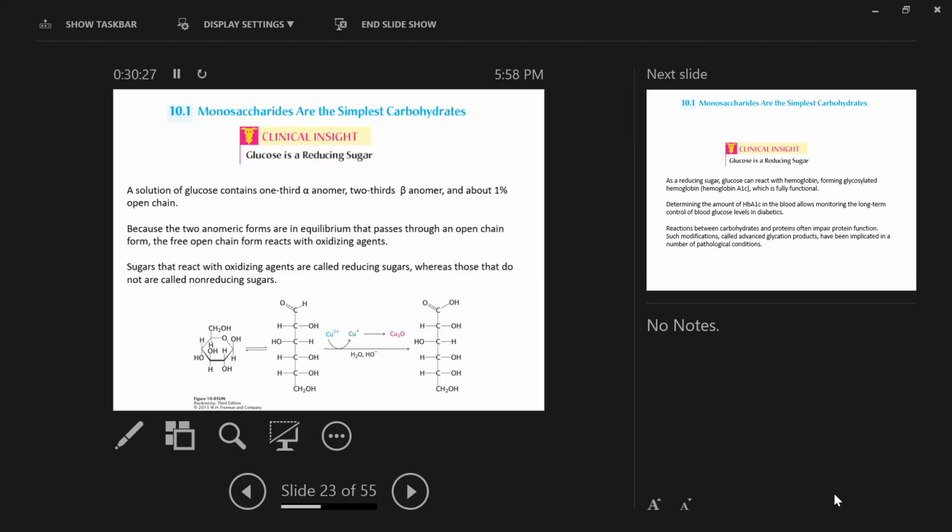All right, so now I'm going to explain what reducing and non-reducing sugars are. They're using a monosaccharide here as an example. Has anyone heard of the Benedict's test? Benedict's test has copper in it, and if you have that solution with Benedict's, it reacts with reducing sugars, or monosaccharides and some disaccharides. If that carbonyl group, which was a carbonyl group before it became a ring, is still free, it will react. The copper in that reagent gets reduced by the sugar, and the sugar actually gets oxidized,